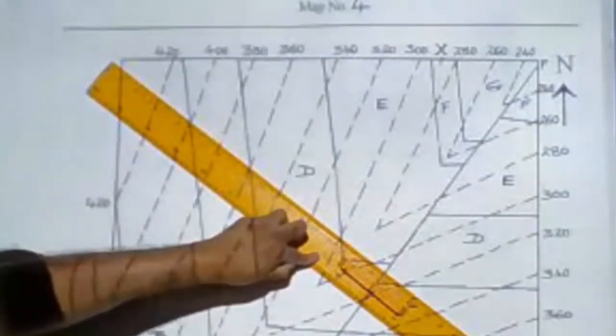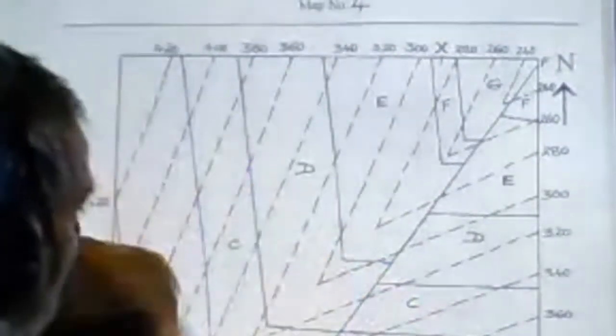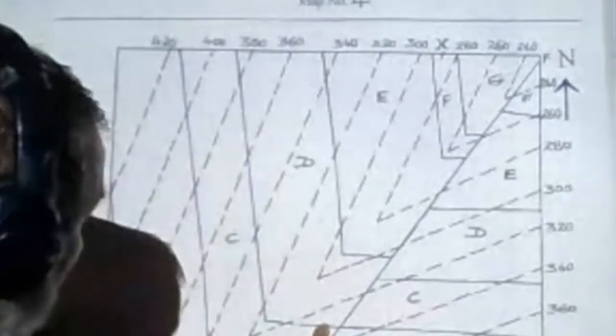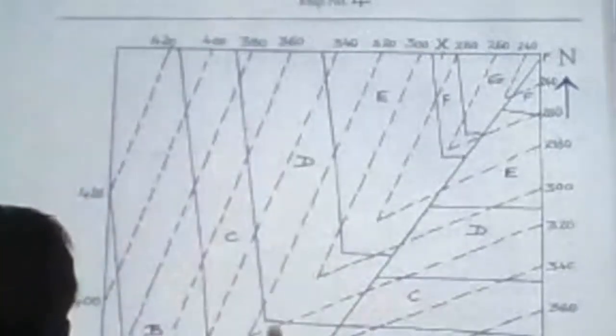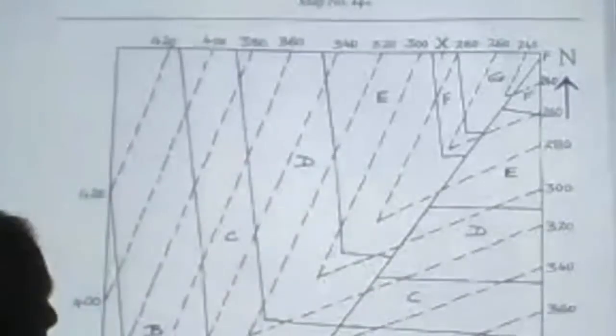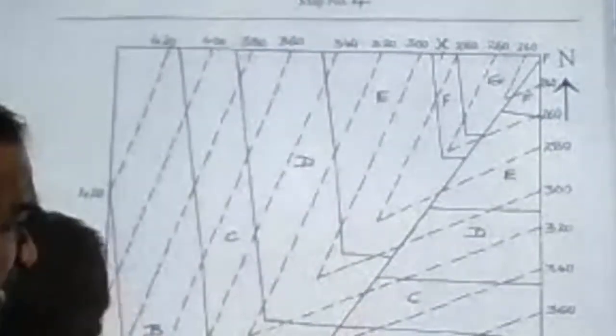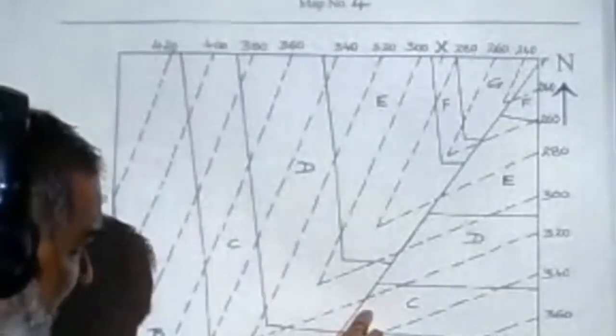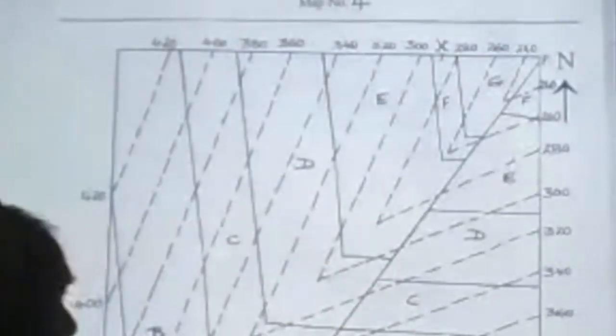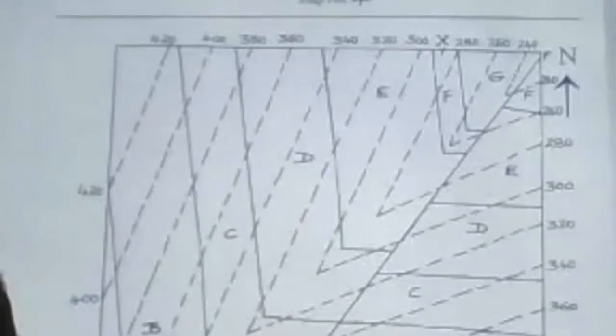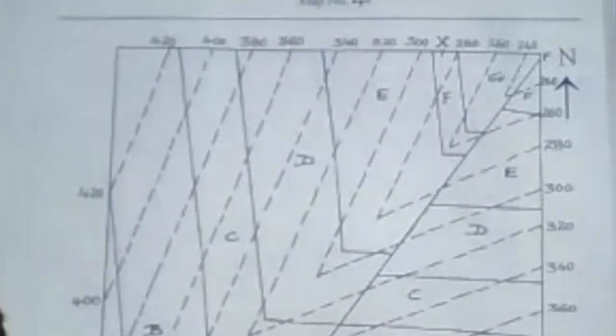I told you in the beginning that it is 40 meters, because straight away the C bed has come over here, 40 meters. Yes, C is 40 meters, directly shifted out. So the downthrow is 40. This side has gone down. So you have to make a small arrow here, a square box, and then write down 40. This is the way you have to write it.